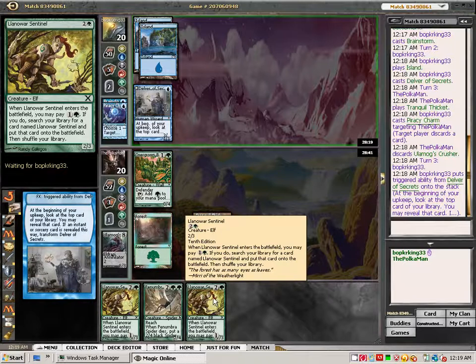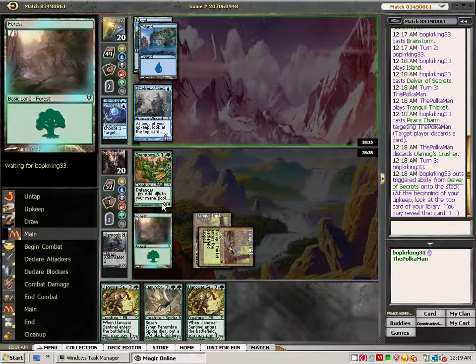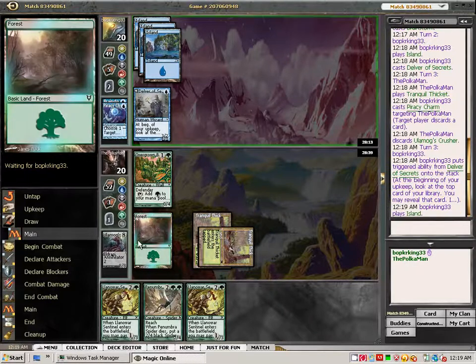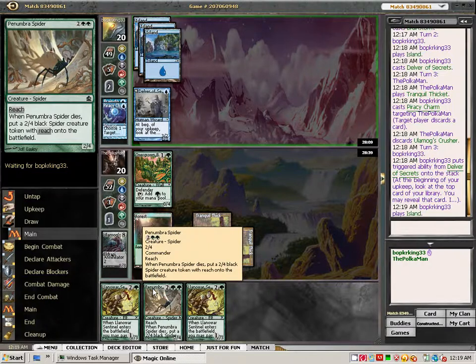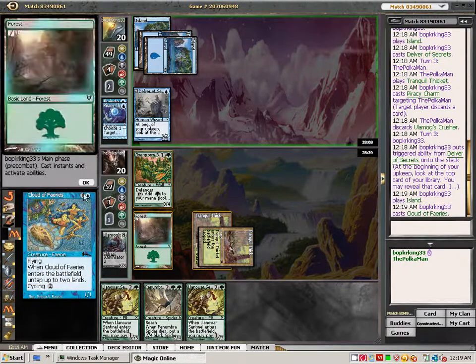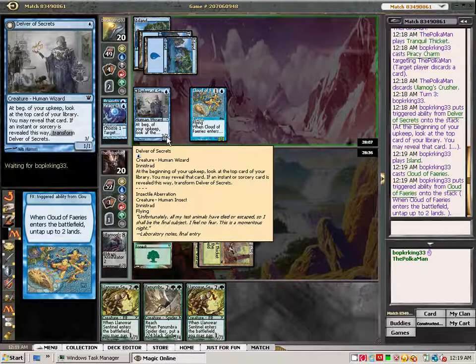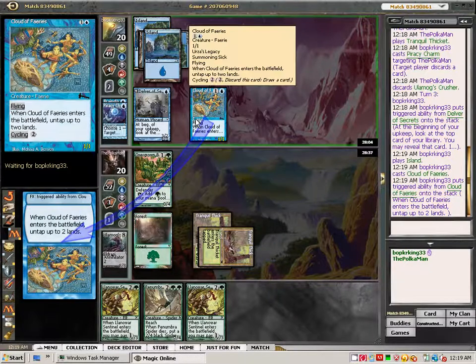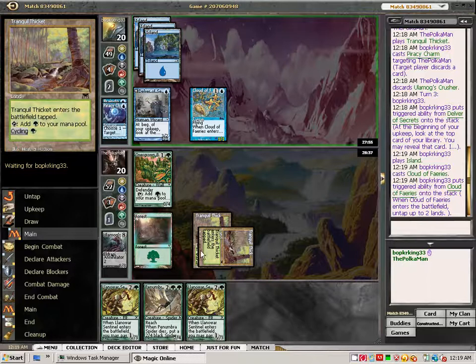Most likely we're just going to be casting it for 5, and then Spider's going to be really good. This is Delver. Horse feet. Well,